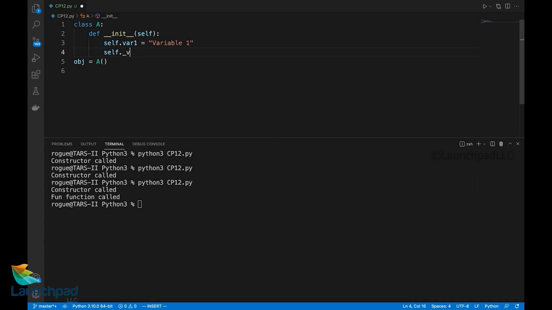Then self._var, a single underscore, is basically a protected variable.